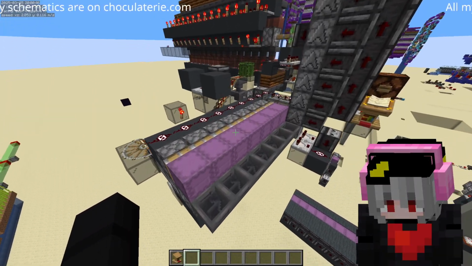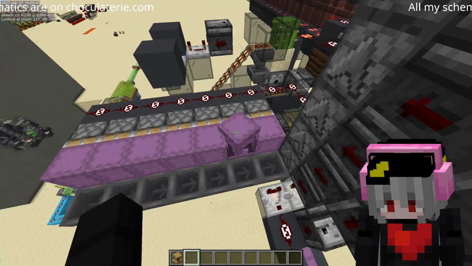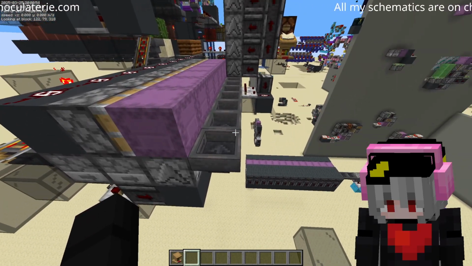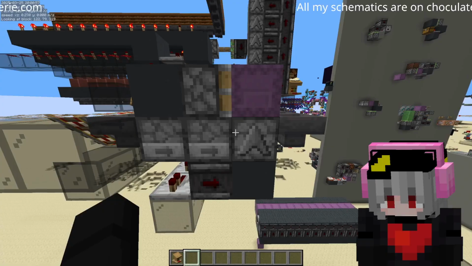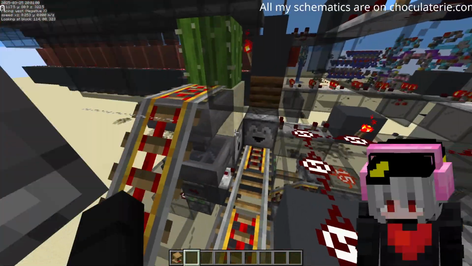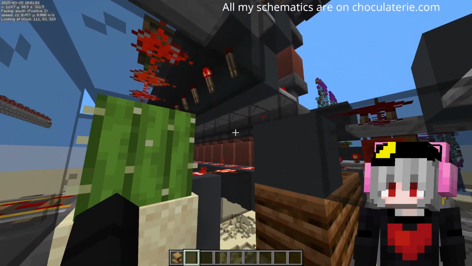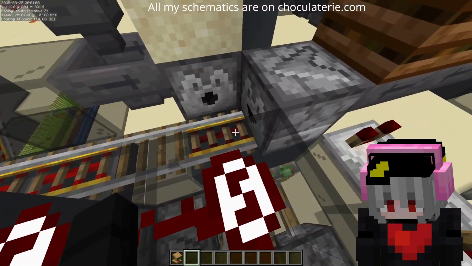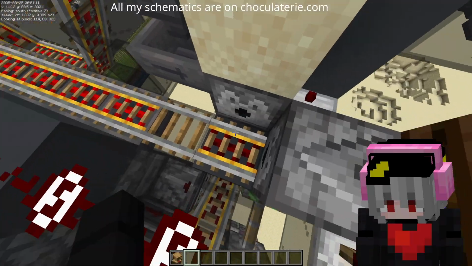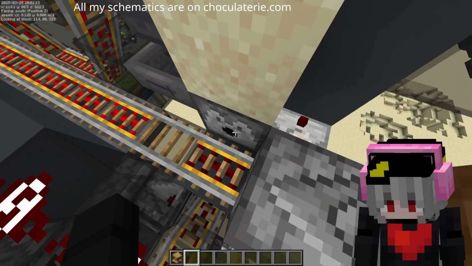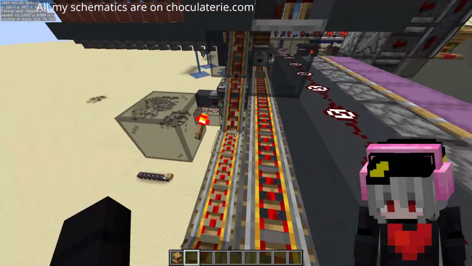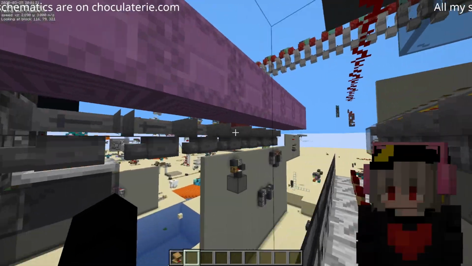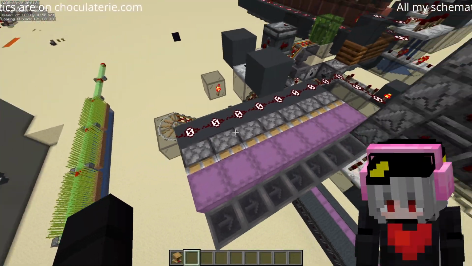So this is the main display that I showed. With the boxes, you have a piston breaking the boxes, going into the hopper, and then here you have a cart taking the shulkers from the other part. I'll try to explain what each part does, but let's say that the shulkers arrive here, and so the cart gets dispensed, goes here, does a loop, and then it gives one shulker per row of display, and then